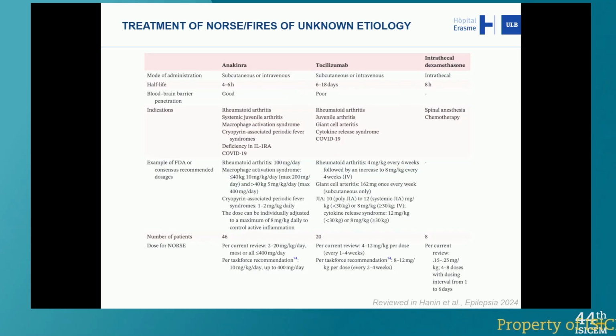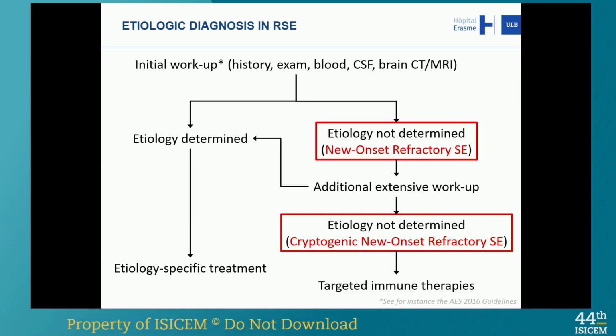And all of this has been summarized in a nice review by Aurélie Hanin that was published last year in Epilepsia. It's a systematic review of all the published cases and case series with recommended doses and so on. So to get back to this chart and wrap it up,